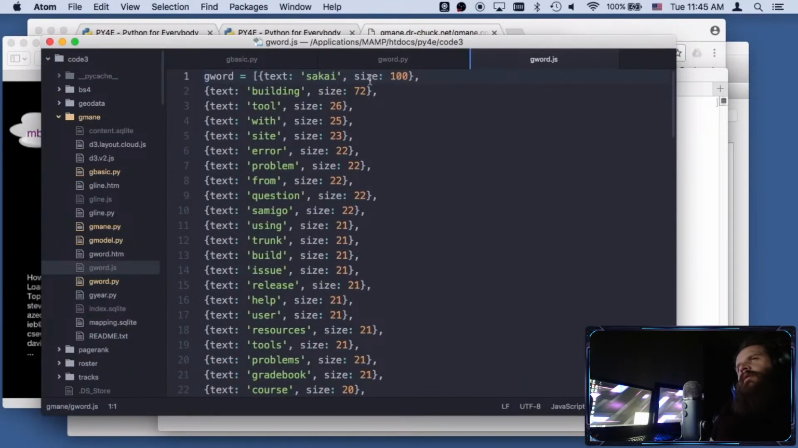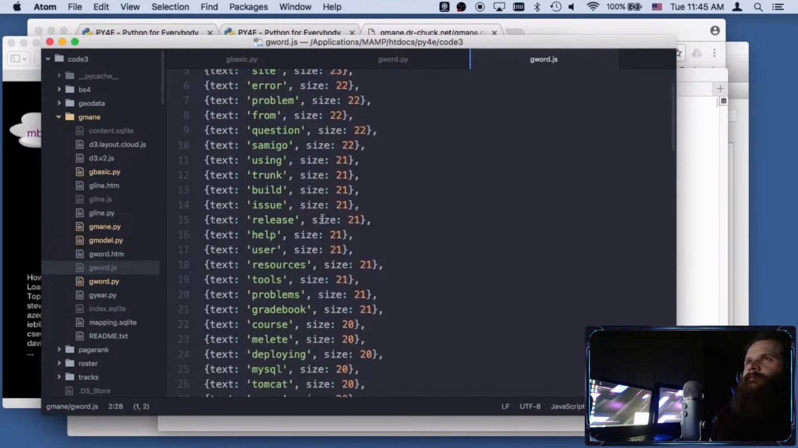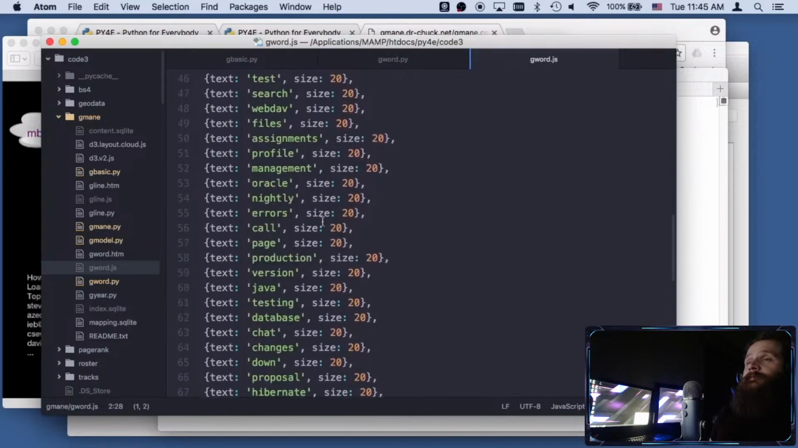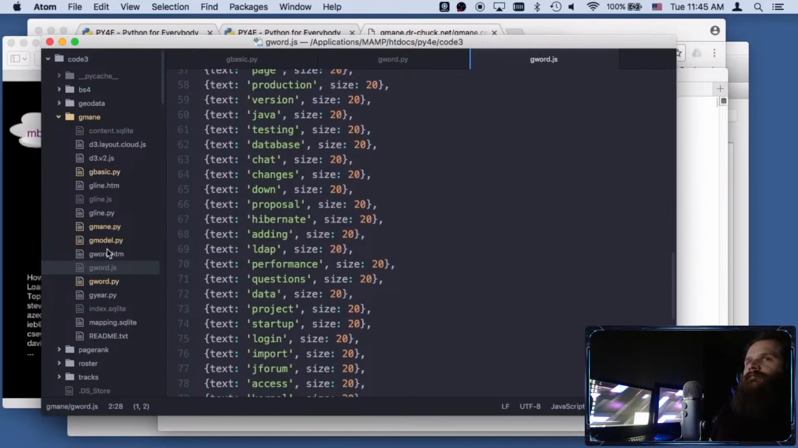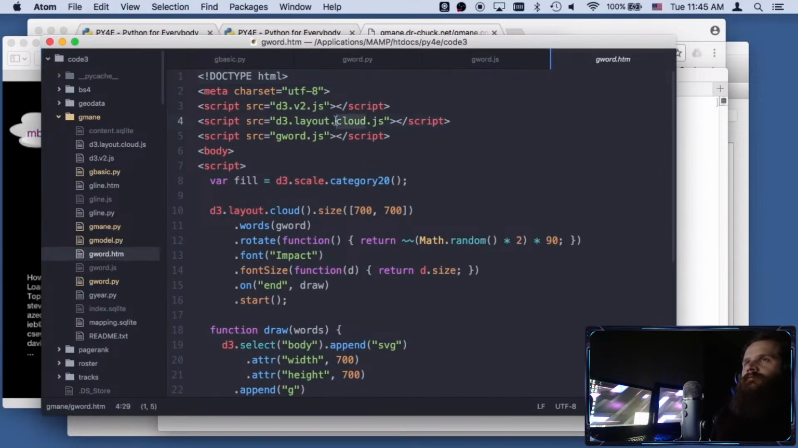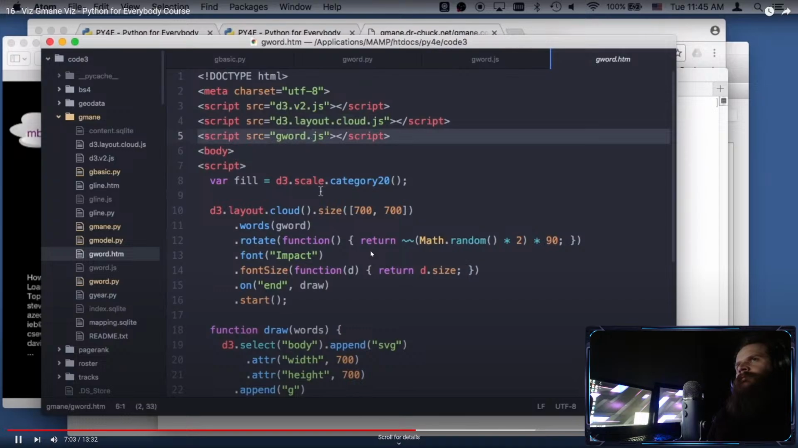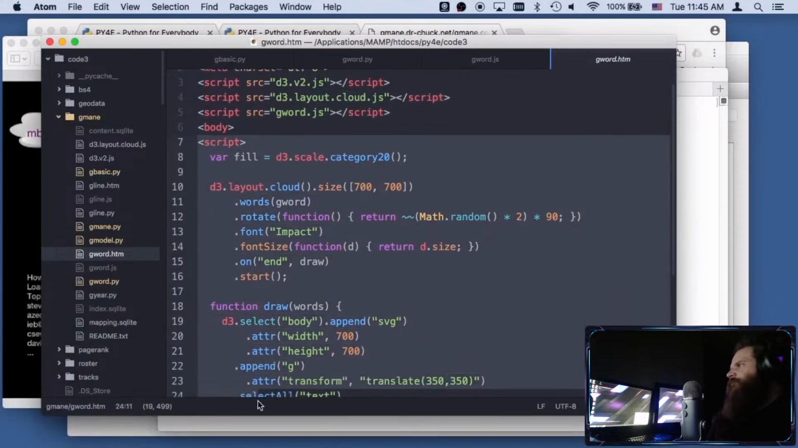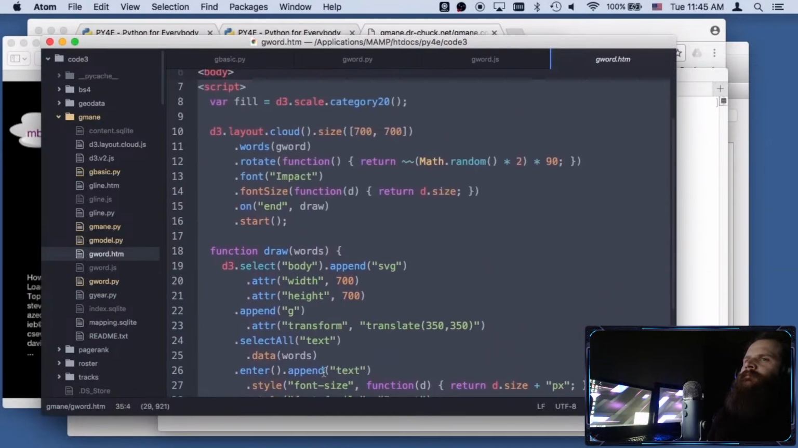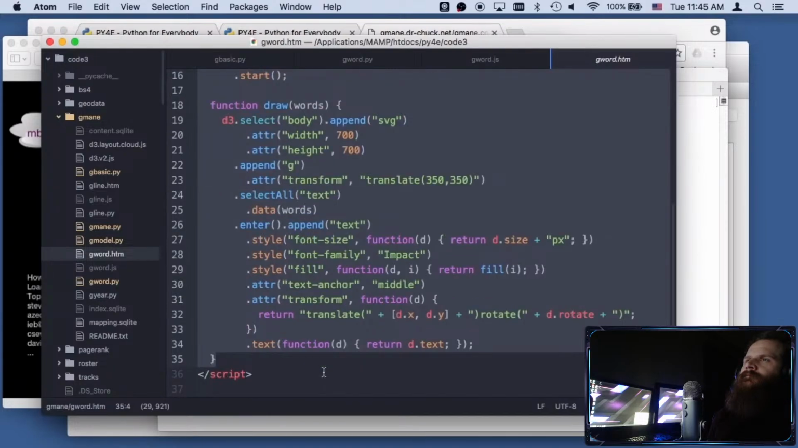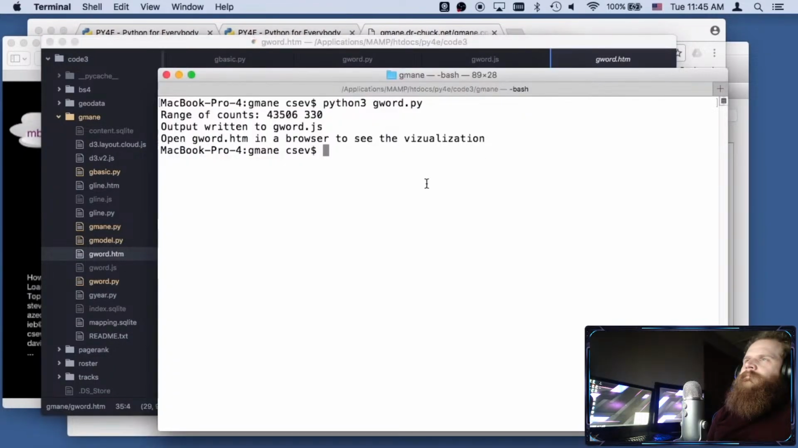And so this is basically, it normalized all the frequencies and made them font sizes. These are font sizes now, okay? And so this is just the data that's needed by this gword.htm, which uses this D3 visualization word cloud code. So this pulls in all my data, and then this is just some JavaScript that draws the picture on the page, okay? And so the easy part now is to just open gword.htm